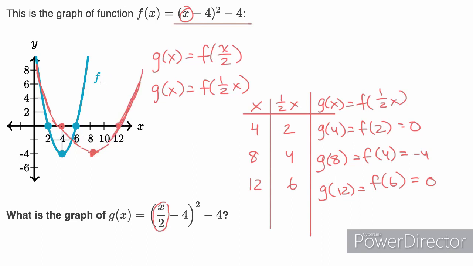And you can see that this point in f corresponds to this point in g. It's gotten twice as far from the origin because everything is growing half as fast. You input an x, you take a half of it, and then you input it into f. And then this point right over here corresponds to this point. Instead of happening at 4, this vertex point, it's now happening at 8. And last but not least, this point right over here corresponds to this point. Instead of happening at 6, it's happening at 12. Everything is getting stretched out. Let's do one